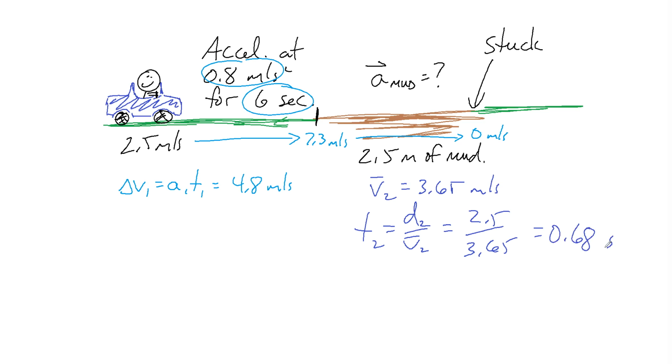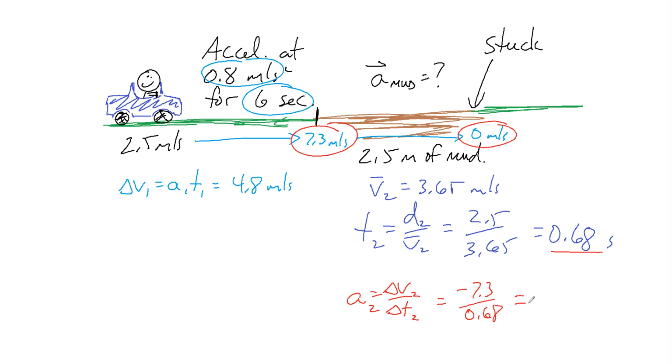Okay, so do I have enough to find the acceleration? Well, let's check on that. For acceleration, I need the change in v over change in t, and this will be my second part. So do I know my change in v for the second part? Well, he started at 7.3 and went to 0, so obviously it dropped by 7.3. I know the time is 0.68. So if I just divide those two out, I get the 7.3 and divide that by my time,